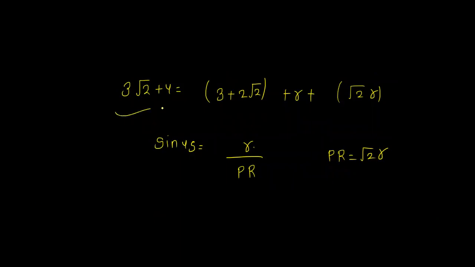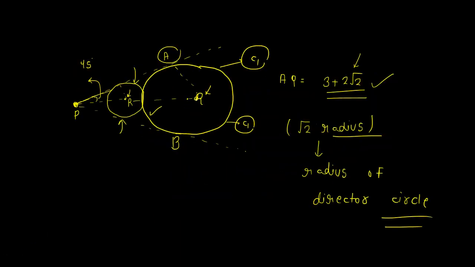So we know that 3 root 2 plus 4, which is this distance PQ, we can break into these parts. This distance, which is 3 plus 2 root 2, this distance, which is the radius of the smallest circle, and this PR distance. And we know that the angle between the pair of tangents is 90 degrees because P lies on the director circle, the locus of point of intersection of perpendicular tangents. So if we draw this midline PR, and we know that the normal to the circle makes an angle of 90 degrees with the tangent, so this angle is 90 degrees and this angle is 45, half of 90 degrees. So we know that sine 45